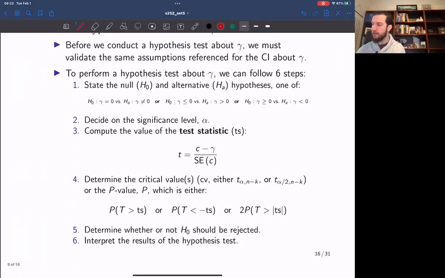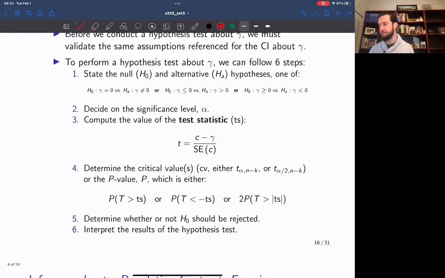Okay, our hypothesis test will be carried out in 6 steps. Just like any hypothesis test, we have a variety. We have 3 different types of hypotheses that we can use. For example, we have the two-sided test about gamma: gamma equals 0 versus gamma different from 0. And then we have both of the directional tests. So we can test that the contrast is greater than 0, or we can test that the contrast is less